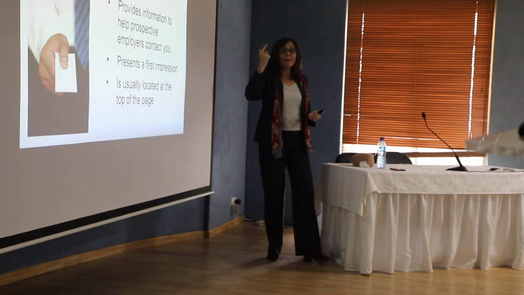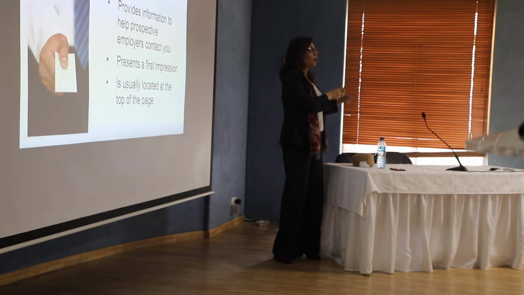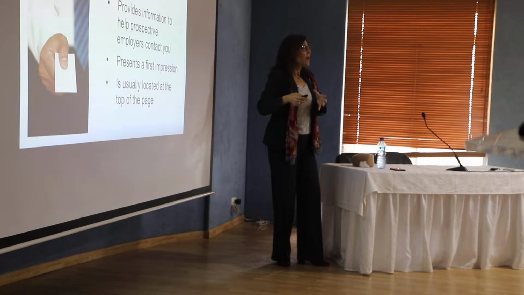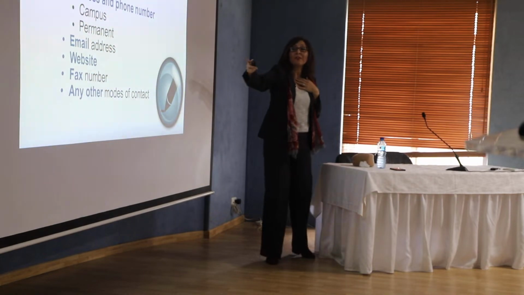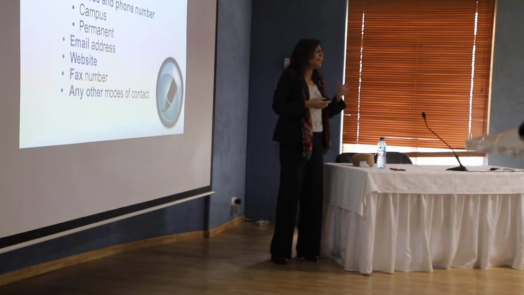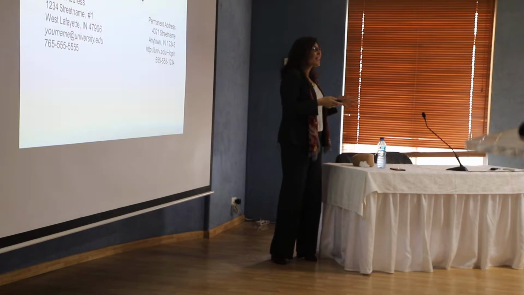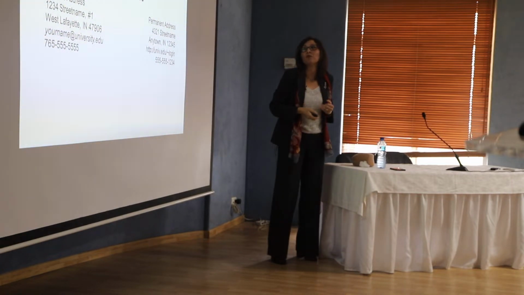Now, we can think about 2 types of addresses. I might have my university address, and I can have also my home address. And it could look like this. This is the info we have. So some people have websites or any other modes of contact, like for example, Twitter or accounts or whatever, you can have that also. Because in that case, they can go into your account and check what type of person you are. All of this would indicate information about you.